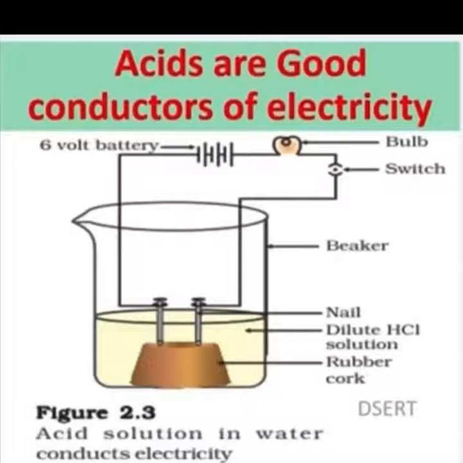Why does it happen, children? HCl is a strongest acid, right? Yes, so hydrogen ion concentration is very high in that case. But in the case of acetic acid, it is a weak acid, so hydrogen ion concentration is less. So the bulb glows dimly. Children, this diagram is very important, children. You have to practice this diagram.